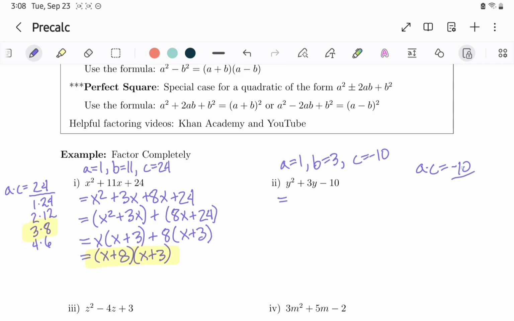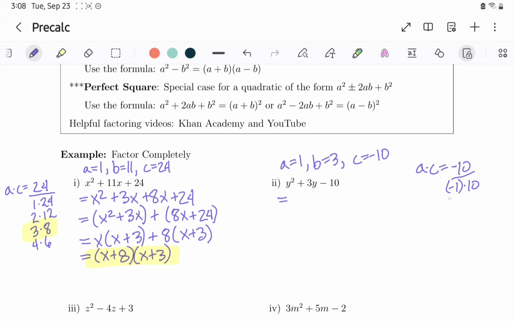So since we have a negative number for the product and a positive number for the sum, this means to us that we should look at factorizations where, since one factor is going to have to be negative and one's going to have to be positive, the larger factor in terms of absolute value is going to be the positive factor. So such factorizations would be like minus 1 times 10, which is going to give us, well,